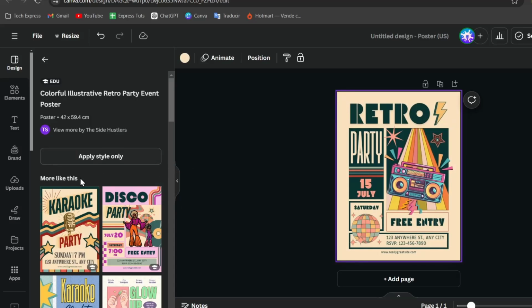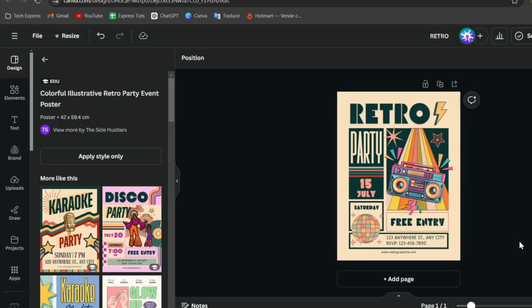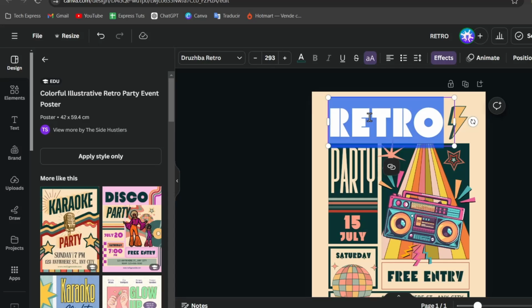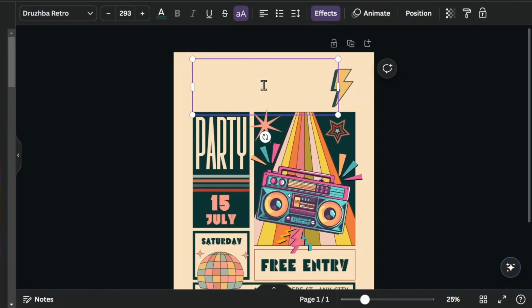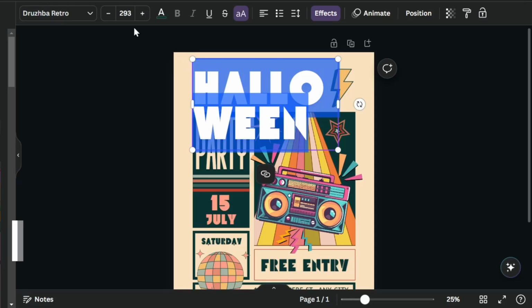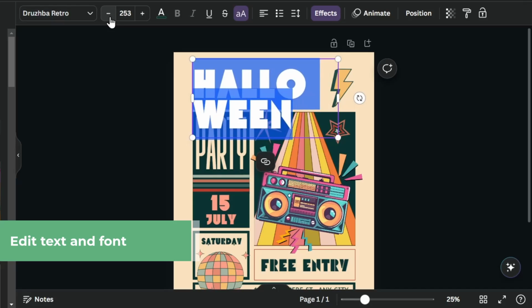Automatically all this information should be imported directly into your editor. This is the part where you want to customize your text and fonts. Let's start by customizing the text. Click into any text box and you can just delete or edit the text that you're currently seeing. I'm going to make this a little bit bigger, and where it says retro party, I'm going to delete this and change it to, let's try it out, Halloween. I'm going to do a Halloween party, and I'm going to change these elements. I'm going to try to make this text a little bit smaller,